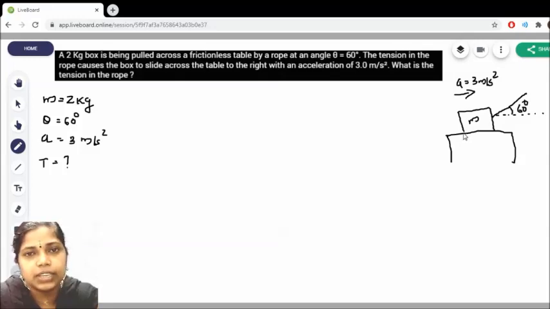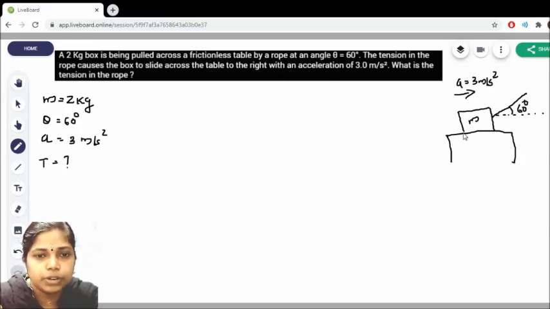Okay, so the first thing is we have to draw the free body diagram. And while drawing the free body diagram, the object we should consider as a point object. Right. So before that, let's draw all the forces roughly in this particular rough diagram. The one force is the weight of the object which is acting along the downward direction. The other force is the normal reaction which is acting perpendicular to the contact surface. And the next force is the tension in the string.